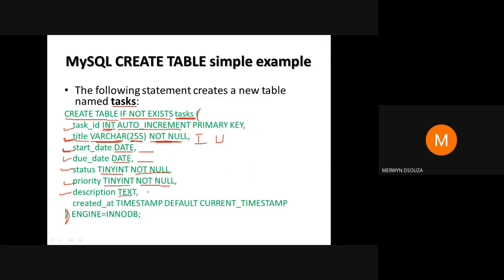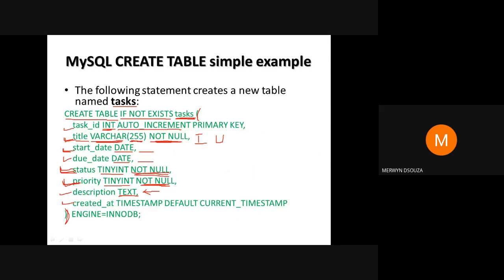Text means it will accept null values. So status and priority will not accept null values, but the text column will accept null values. Just a correction, I think by mistake I must have said that status and priority accept null values. They do not accept null values.